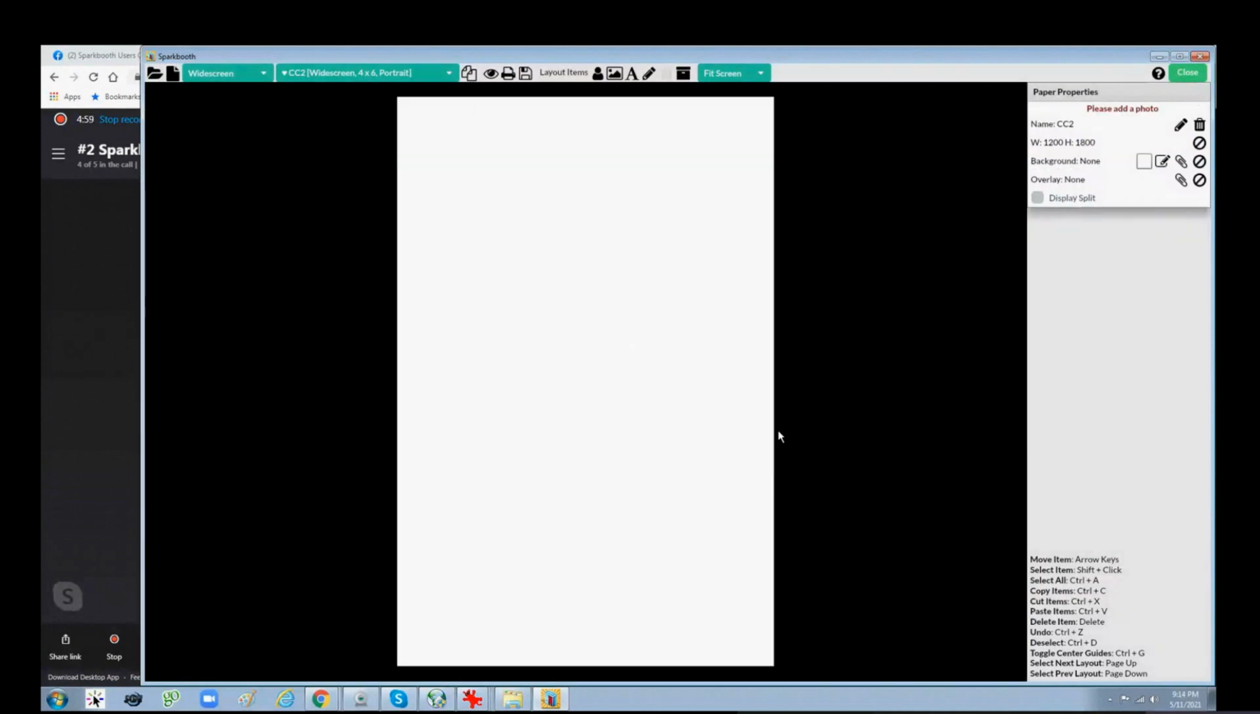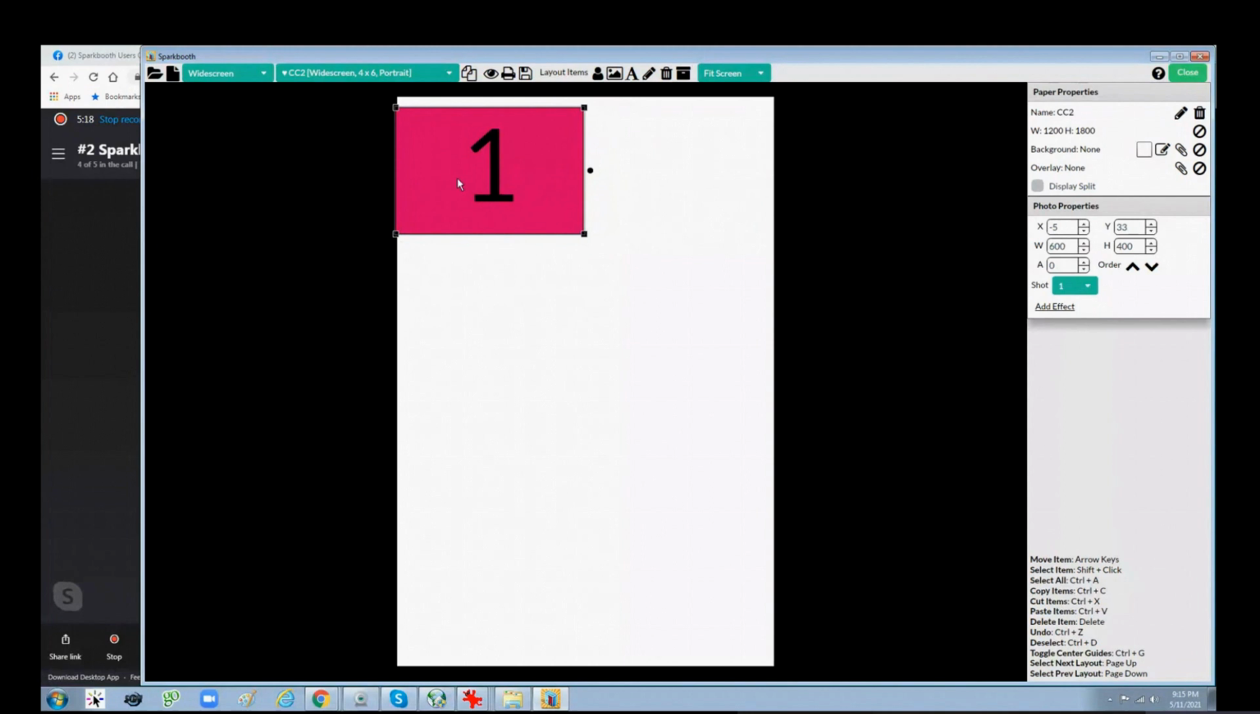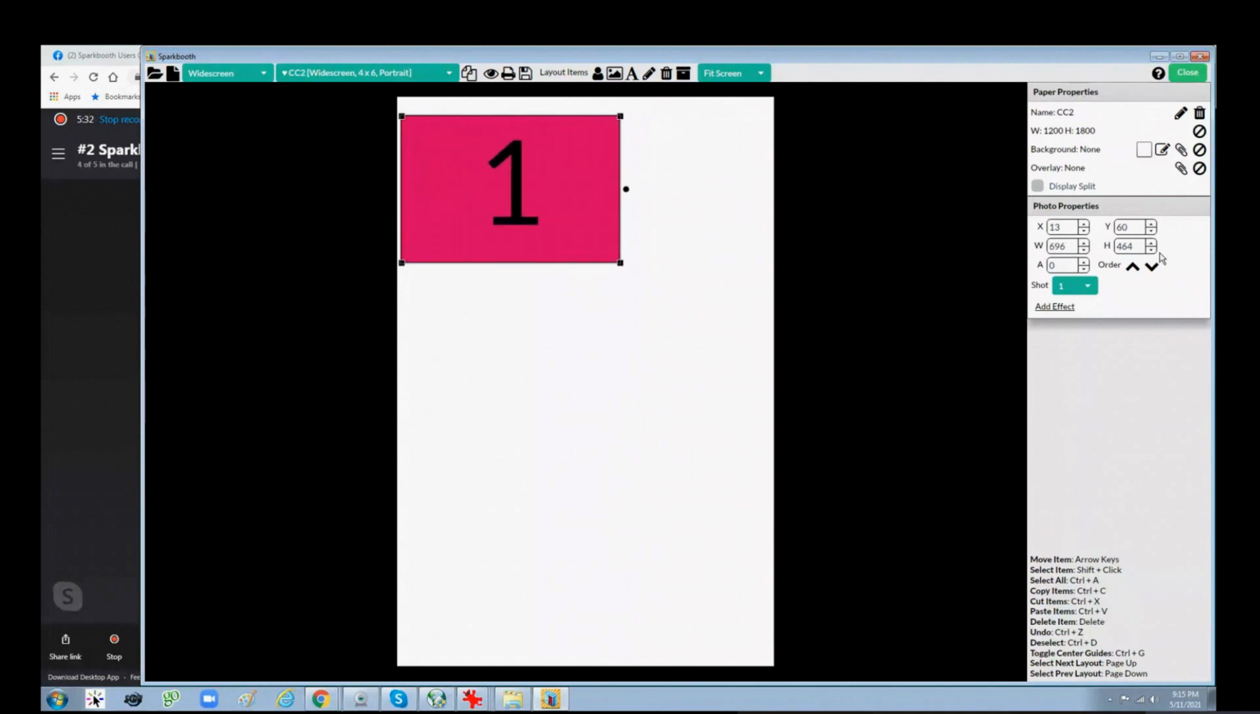And it brings up that white piece of bread. Now, if I were creating a double strip layout here, I would add the photo box, and it brings in a photo box at exactly half the width of the full layout. I would never make the photo boxes half the width because that's edge to edge if you're doing a double strip. You can grab the corner and make it bigger or smaller. And you'll notice over here on the right-hand side, the width and height is changing. I'm going to take this down to